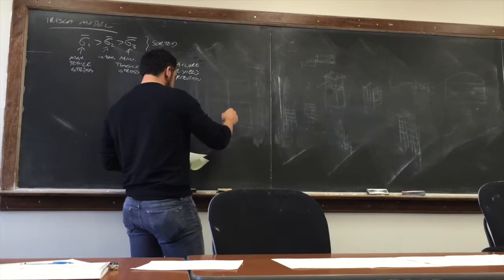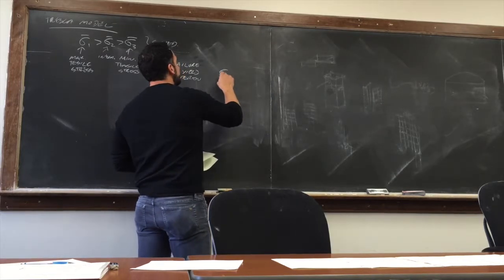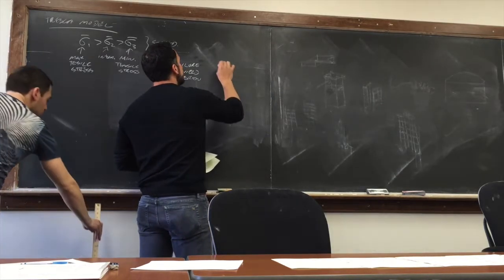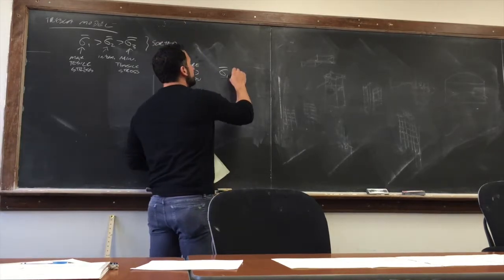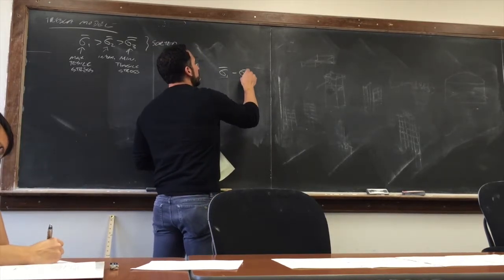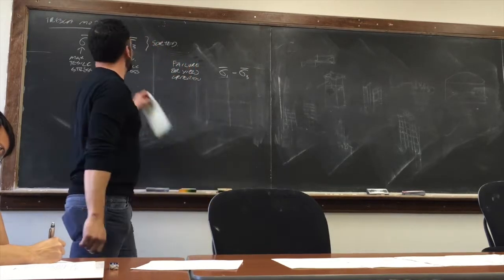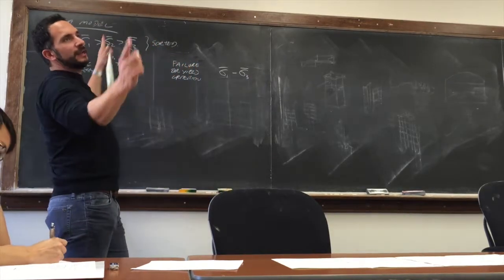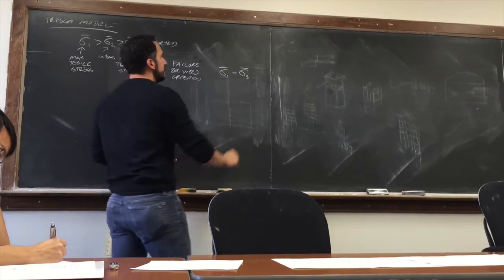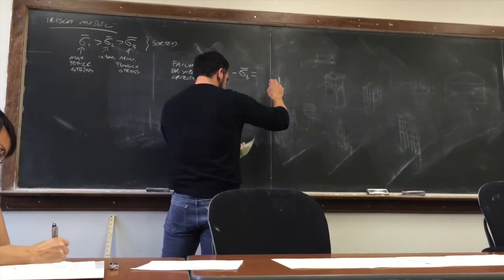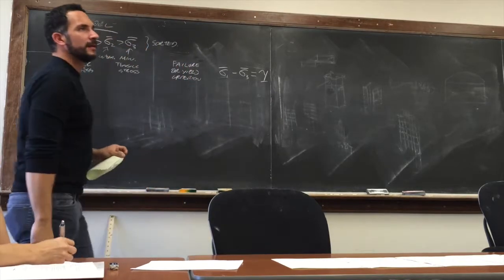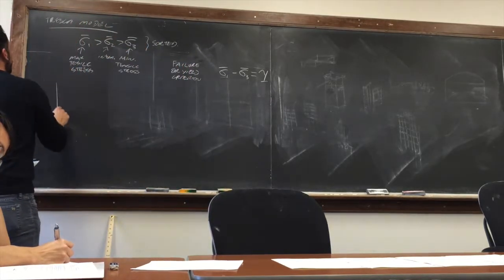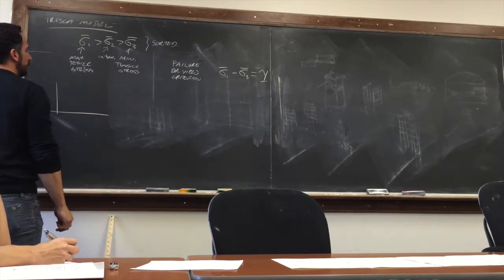But at the beginning, it was a failure criterion that essentially says that failure is achieved when the difference between the two extreme principal stresses is equal to some value that here I'm calling capital Y. Okay, and if you remember your Mohr circle